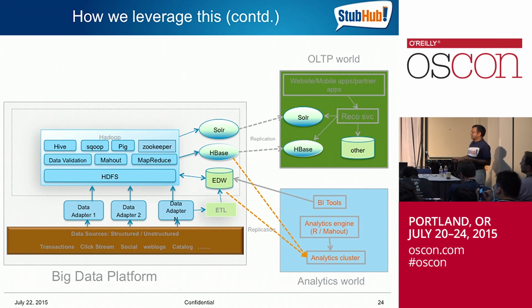Now, the other use case that we have is that some of the data scientists want to do a lot of modeling: fraud modeling, analysis, recommendations, and all of that. They may not want to do that analysis directly on this data here. So what we do is we also create a separate analytics cluster for them. There we have installed their favorite tools, for example Apache Mahout or Oracle R and whatnot. And they can use their favorite BI tools too. There are a bunch of BI tools on top of this as well, which is one area where Hadoop still is maturing. This is kind of how we use that.